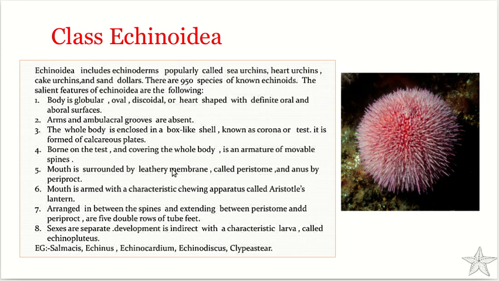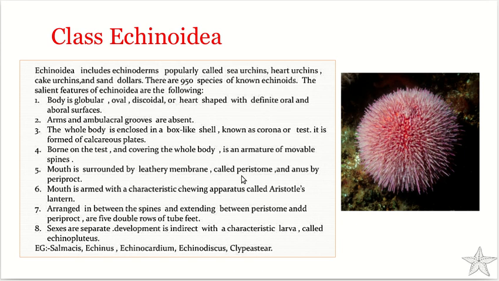So the pedicellariae of sea urchins have either 2 or 3 jaws and connect to the body wall with a relatively long stalk. The pedicellariae are meant for cleaning the surface of the body, and they clean the body of debris and capture planktonic larvae, which provide an extra source of food. So pedicellariae in some sea urchins contain venom sacs and are grooved or hollow to inject the venom into a predator such as a sea star. So the long pedicellariae may be associated with venom sacs, and the pedicellariae may be open, which can inject the venom secreted in the venom sac.